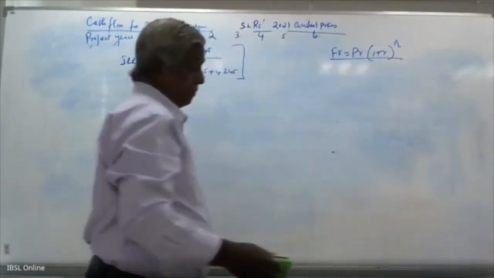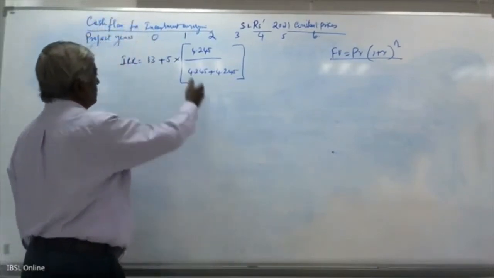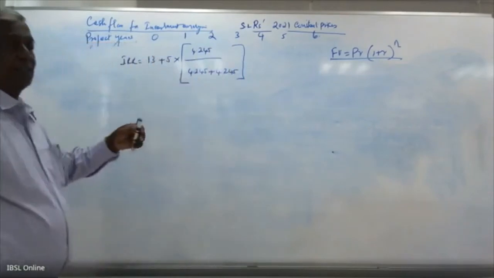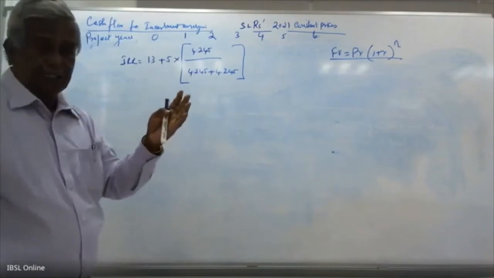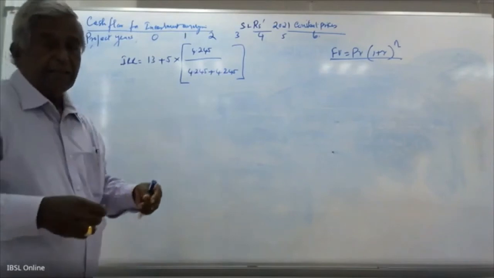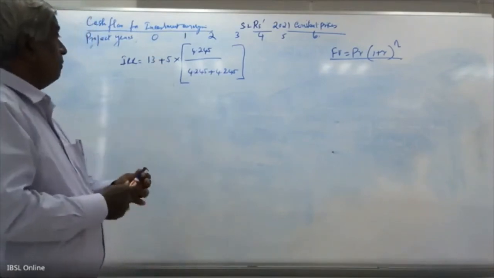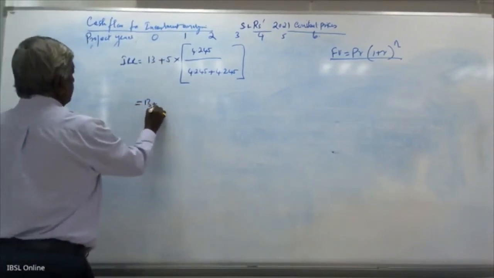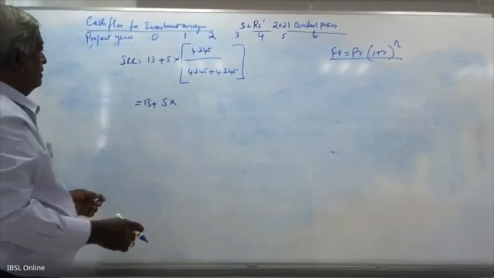So now, solving this problem, first of course, you have to do within bracket. There's an order. When you solve in algebra, first you attend to the within bracket, then multiplication, then division, then only addition and subtraction. So IRR is equal to 13 plus 5 into 4.245 divided by